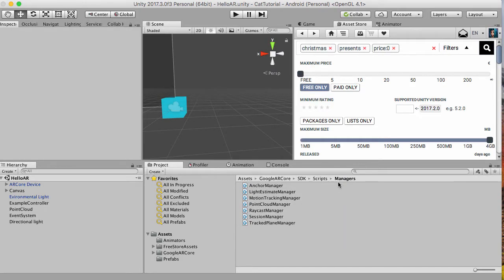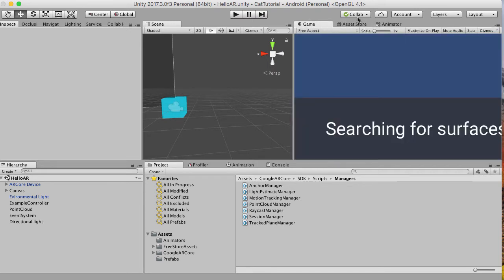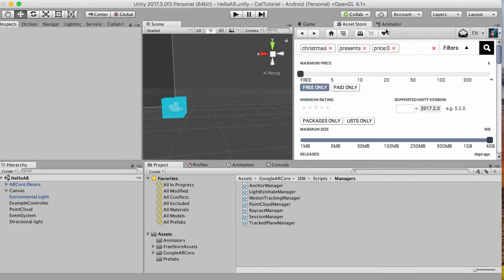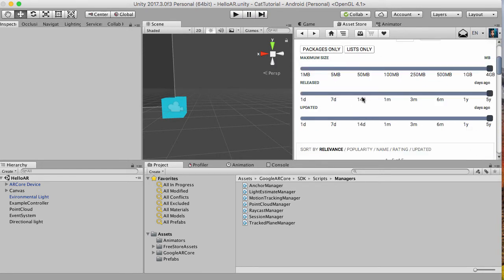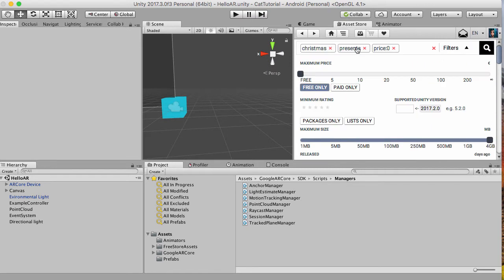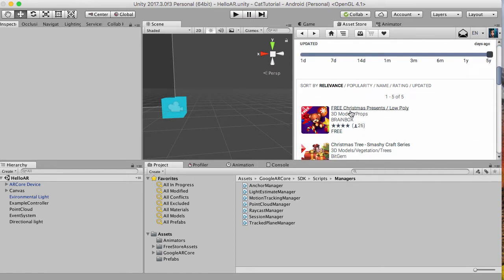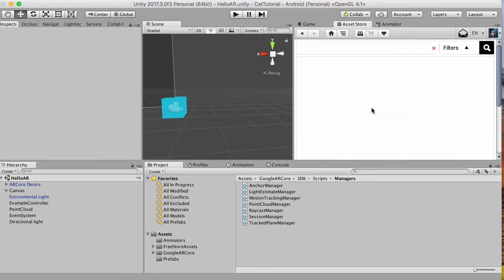If you want to continue this project right from where we are, you can download the full source code in the previous tutorial. So let's jump straight into this. You've seen what we're going to build. We're going to build something that involves Christmas presents. So I've searched the asset store for that, and I'm going to download this free Christmas presents low poly pack